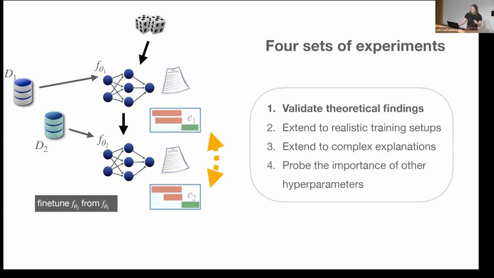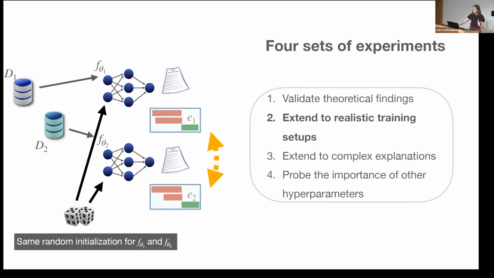Before the results, I'm going to describe the 4 sets of experiments we do. The first one is where we try to validate the theoretical findings. We try to stick to the theoretical assumptions as closely as possible. So here we're fine-tuning to minimize any multiplicity effects. We're also training for a really long time to try to reach that exact minimum.